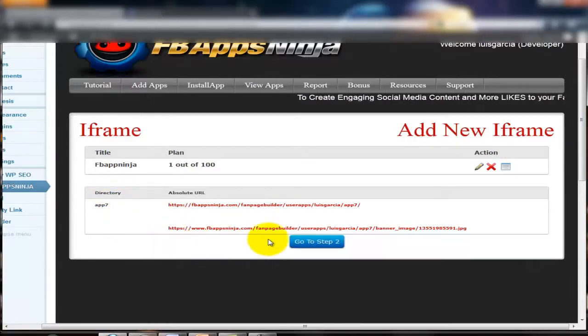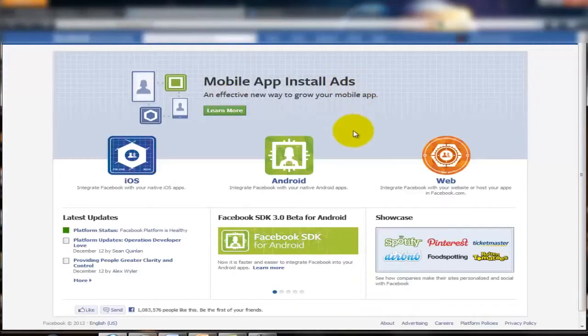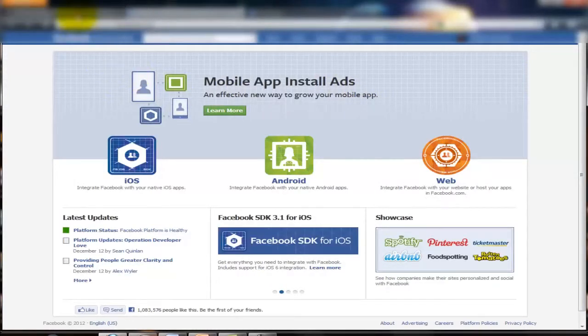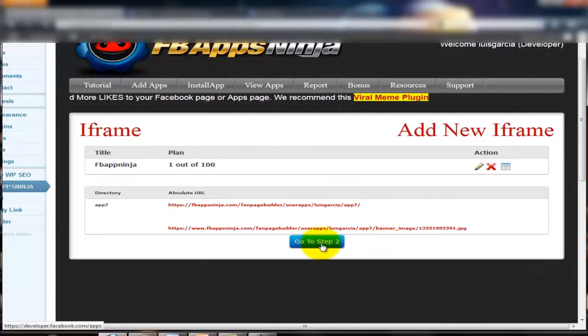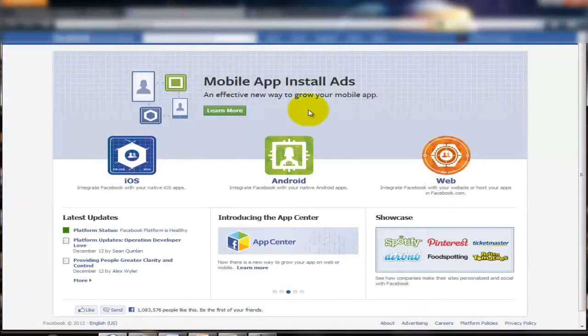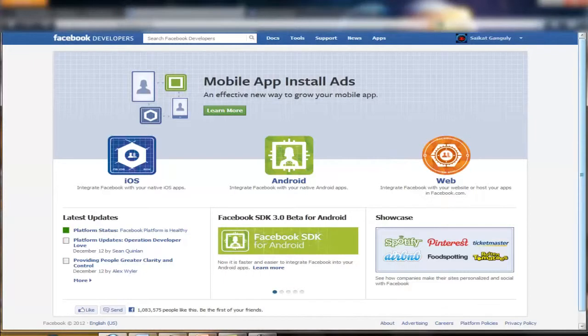Once you're here, the next step is where this button says go to step 2. So you want to click this button, which brings you to Facebook Developers. So just know that when you create the application, that's completing step 1. After completing step 1, you click on this button and it brings you to Facebook Developers, and this is going to be step 2, activating the application within Facebook itself. Okay, so let's begin the process of activating the application in Facebook. So what you want to do is hover up